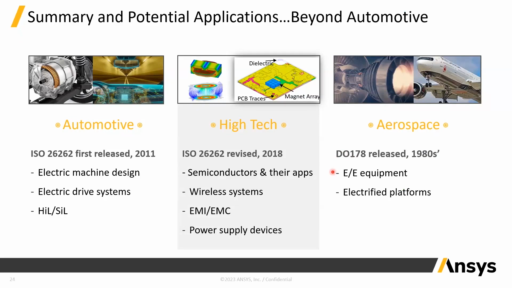In a similar fashion, much earlier, in let's say the early 1980s, the aerospace industry embraced a similar standard called DO-178, which in nature is similar to ISO 26262 in terms of topology, configuration, architecture, requirements,